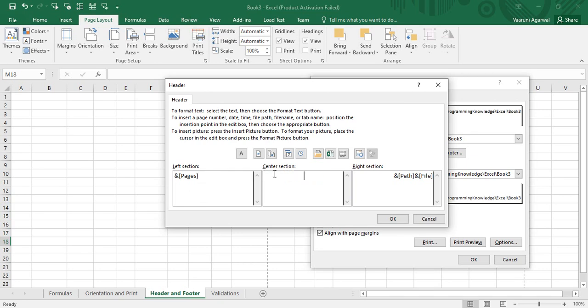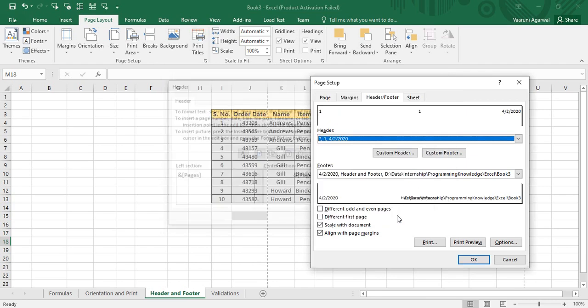Now what if I want some code to be available in the center section? In the center section, I want the current page number, so I select that, and whatever the current page number is would be shown over here, that is ampersand page. And in the right section, I want the current date to be visible. So this is the option of the current date. Using this, I can apply the current date, that is ampersand date, and then as soon as I click on OK,